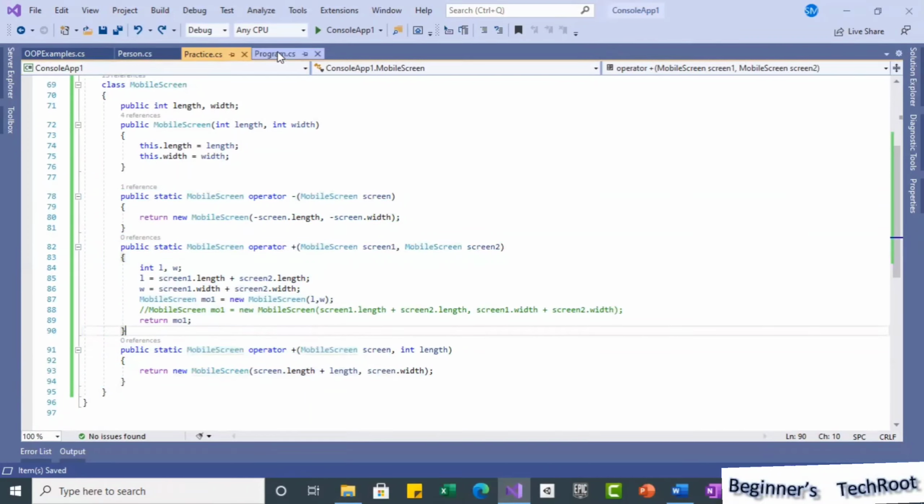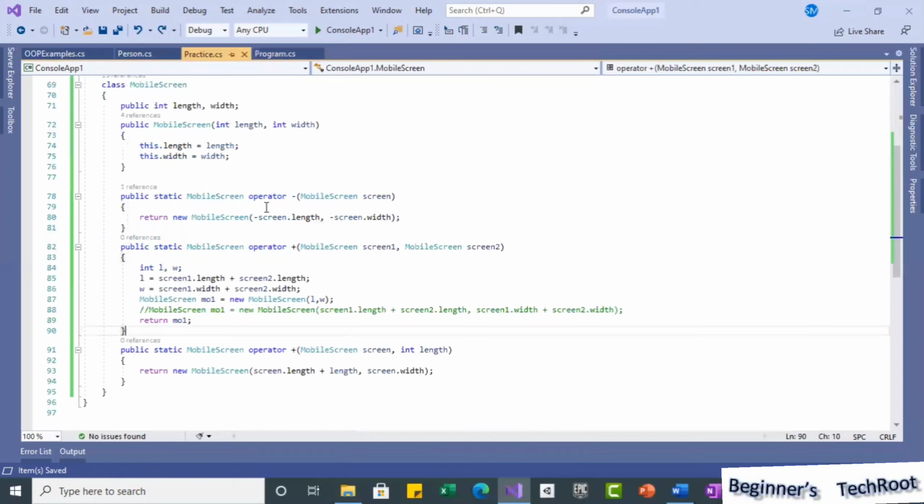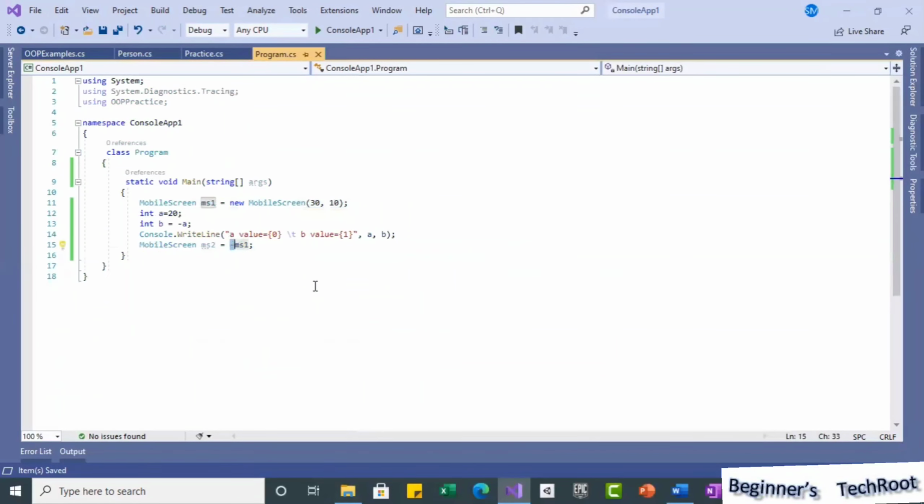So now testing, when you do it in a program, how we can call these operators. See, now the error is gone. Earlier it was showing an error here, now the error is gone because we implemented the unary operator overloading.